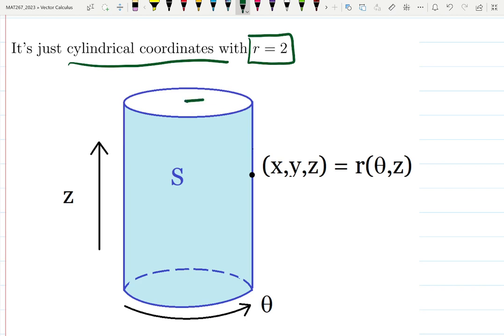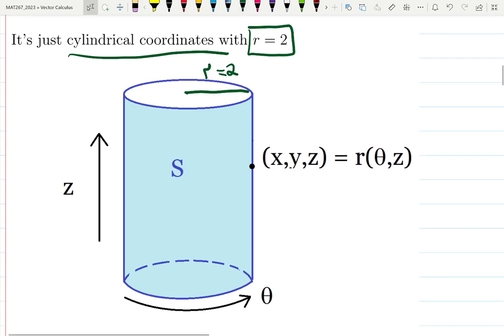Why? Because it's a radius. Radius is 2. So we know that a cylinder has height, and we're going to be describing height as z. And a cylinder has angular rotation. So in this case, it's positive with theta. So we'll be using, instead of like in cylindrical